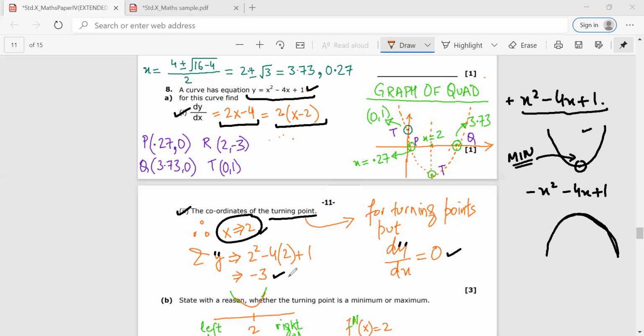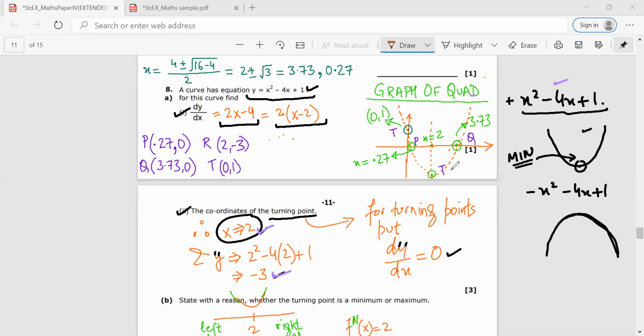Okay. Now, another thing that I can do. It is not part of the question, but just for our understanding, we can plot a rough sketch of the quadratic equation, which we have understood is a parabola. Now, if I have to plot the quadratic equation, I have understood that x is equal to 2 is the turning point. At the turning point, the value of y is minus 3.